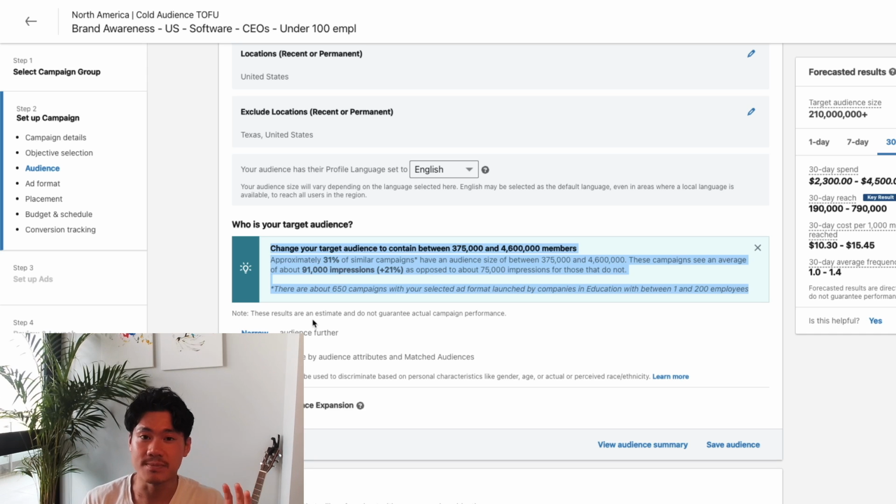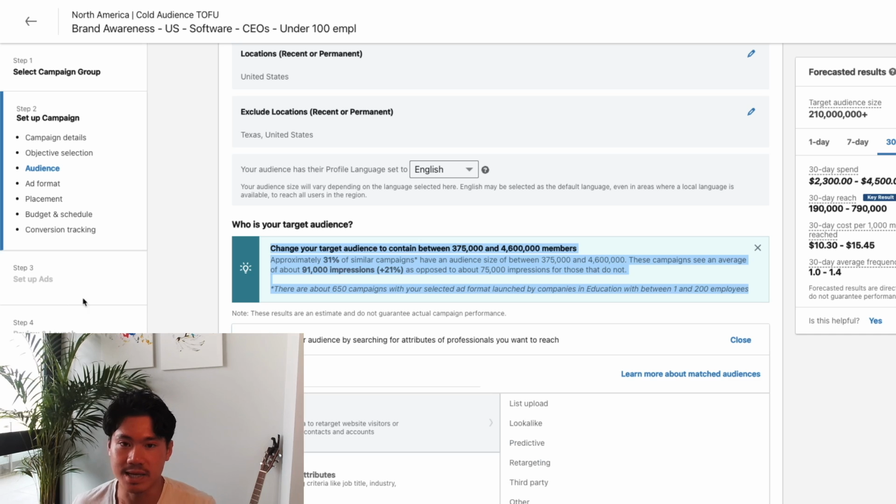That being said, something that you should be aware of is if you narrow your audience down too much and it becomes very, very small, it makes it much more difficult for LinkedIn to run an ad campaign successfully. And it'll actually become more expensive as well because you're being so selective of the folks that you're willing to have your ads shown to. So let's click narrow here.